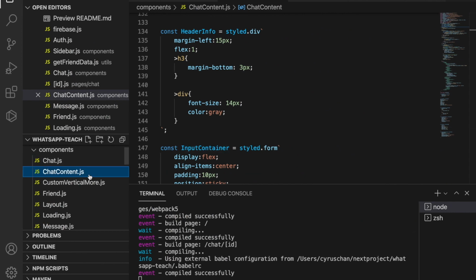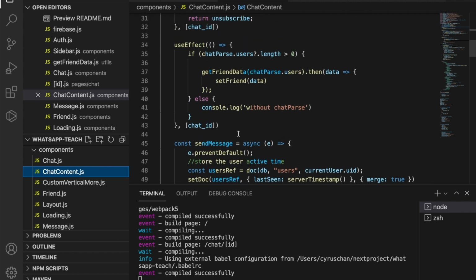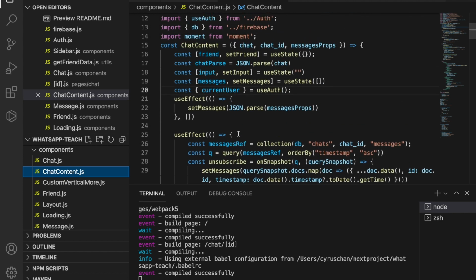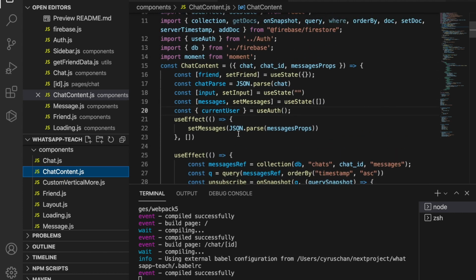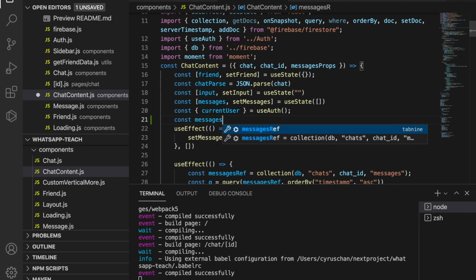So now we go back to the chat content.js, and we go to the top, and we are going to make a reference because we want to let the program know which part we want to point at. We want to point at the bottom of the message box. So we add a constant messageEndRef